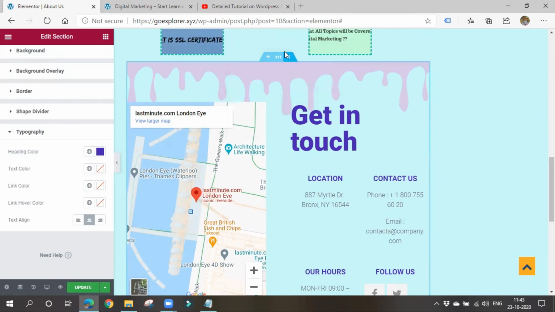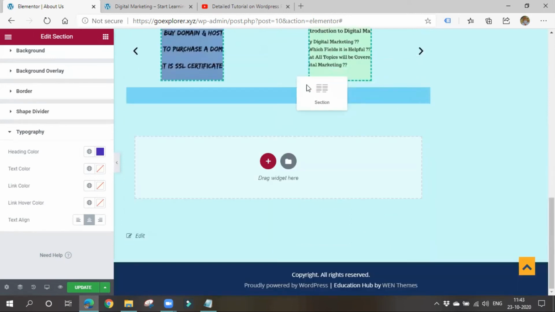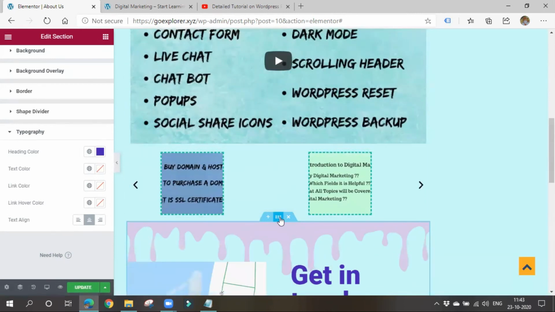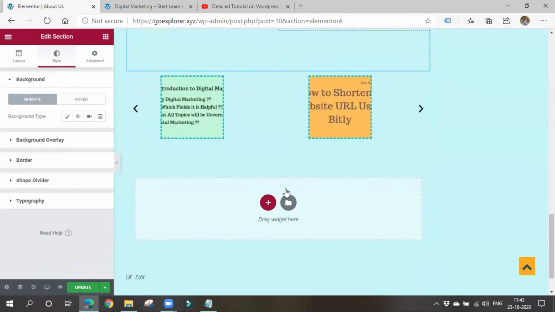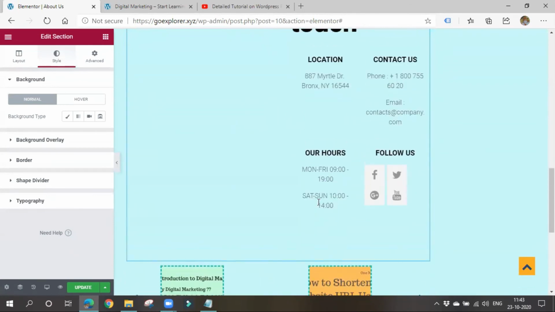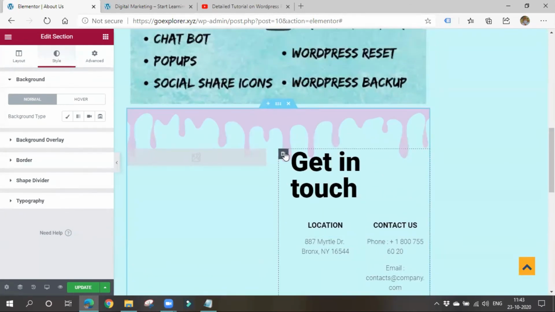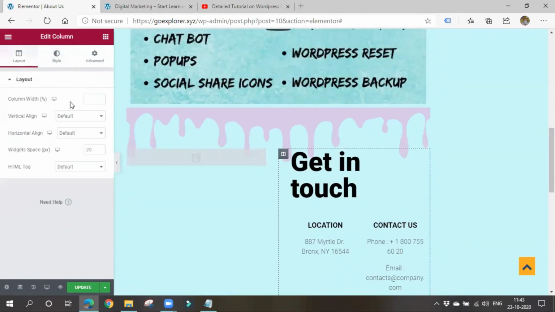Okay, if you want to make any changes to the entire section, you can edit here by clicking here. Okay, you can drag and drop. If you want this block above this thing, then you can simply drag this thing and place there, so that see, the slider came down. Like this you can simply drag and drop. You can also edit the entire column. So what happened to this thing?